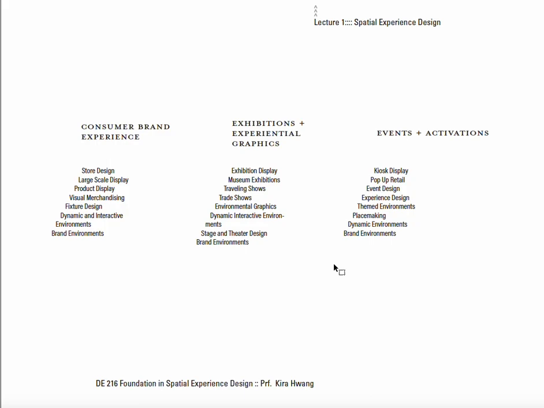Event and activations. So sometimes the brand or organizations use a little portion of spatial experience design. So kiosk display, which you probably found from some retail settings. Before you get into that store, you probably have seen the little kiosk telling what you can order online or things like that.